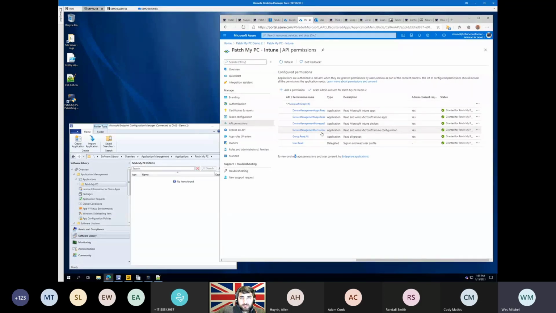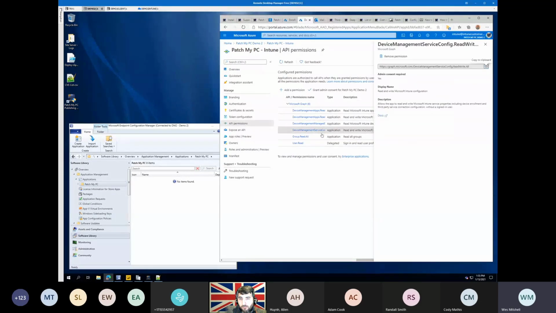And then we've got a new one. We've got a device management service. I can't remember what the whole verbiage is right there, but within here, service config and read write. Cody, can you talk a little bit about this specific permission and where it would be related to once we go in here? Yeah, so we can show the feature off later after we get some apps in Intune, but